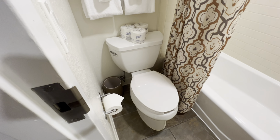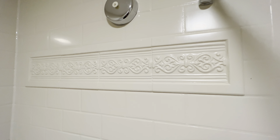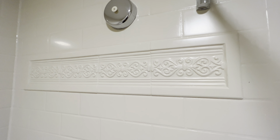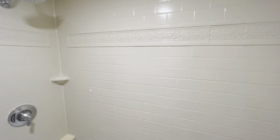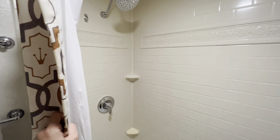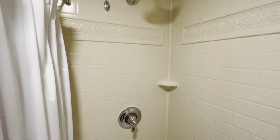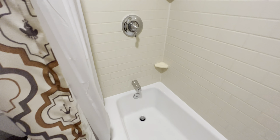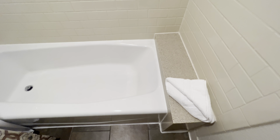There's a full-length mirror on this side. I love this. It's all white tile, but this French Quarter style, I don't know, it reminds me of the details on the wrought iron outside. It's nice. It is all white, but the all white feels right at this hotel. I don't know why. Just we're in this like brickwork. Looks good. So yeah, a standard shower head, little ledges to put stuff on, soap and things. There's a tub, shaving ledge,